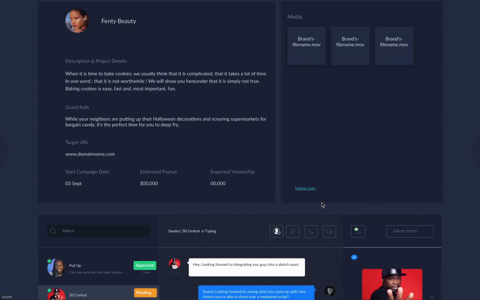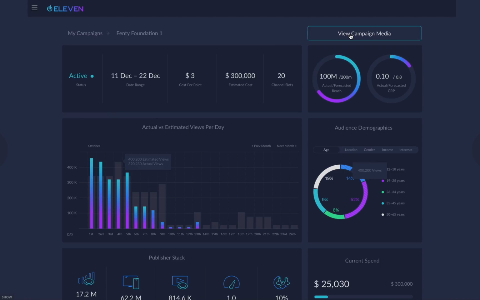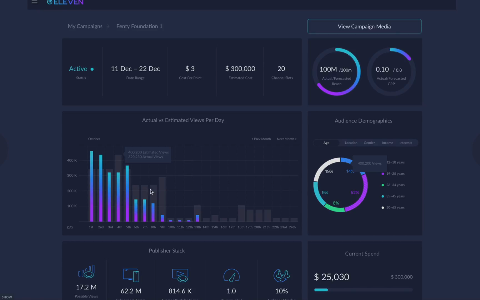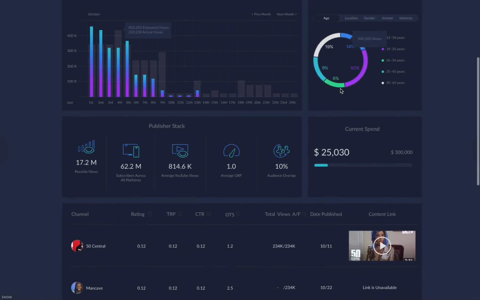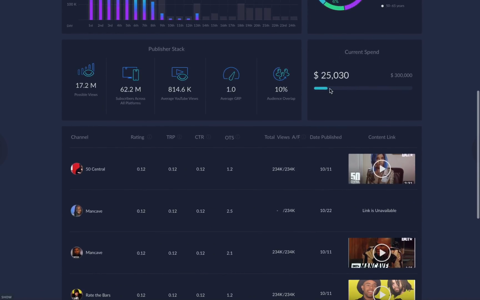And that's the long and short of how you create a campaign. The last thing you can see here is that when your campaign is actually live, you'll get a day-by-day breakdown of how those line items are performing, an estimate versus actual viewership, how much was forecasted versus how much is actually being reached, and the gross rating points that they're reaching on that particular day, each channel's